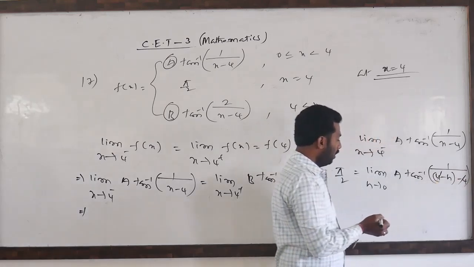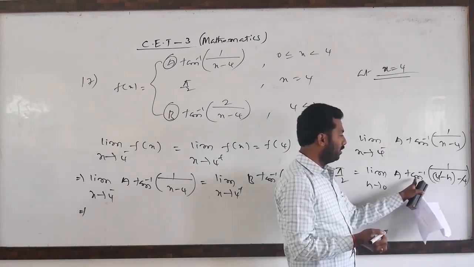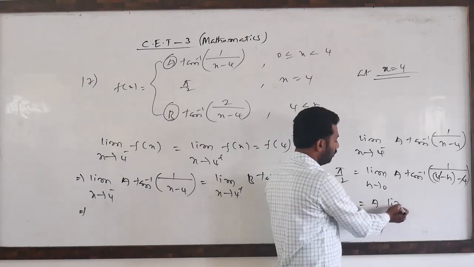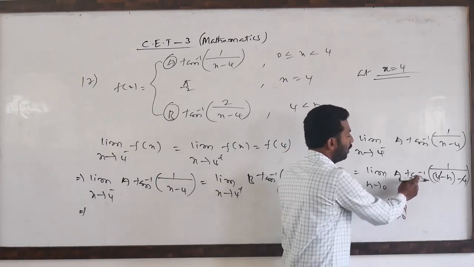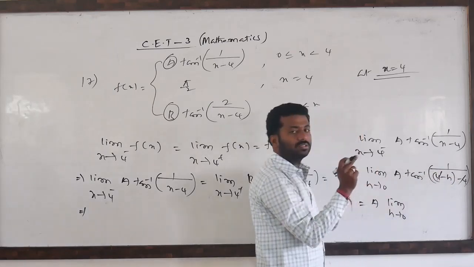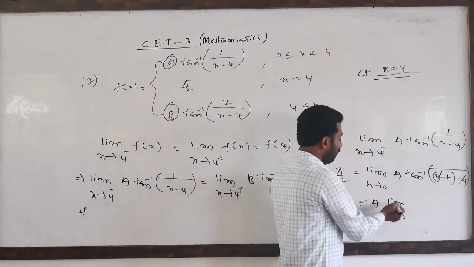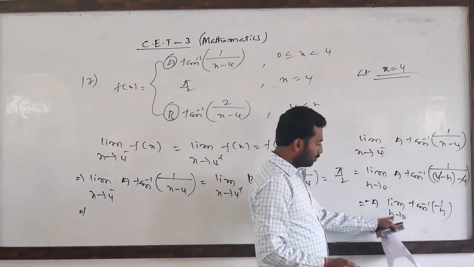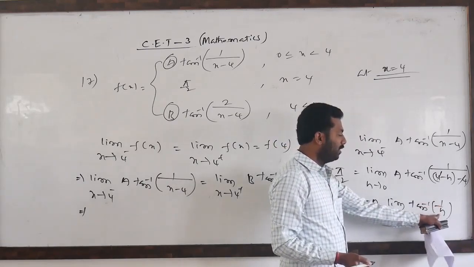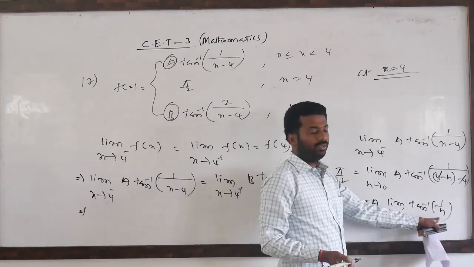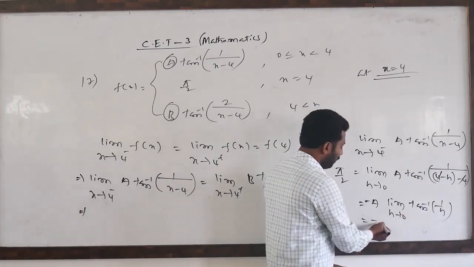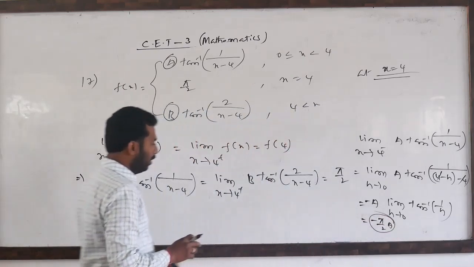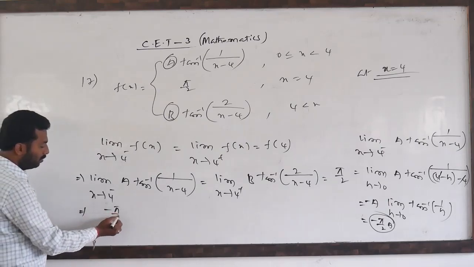If we are substituting h equal to 0, actually this is tan inverse of, again you observe, a is constant. So from this, limit h tends to 0, tan inverse of 1 by minus h, tan inverse of minus 1 by h, again minus tan inverse of 1 divided by h. So if you are substituting 0, this is 1 by 0, means infinite, tan inverse of infinite means pi by 2. So this is minus pi by 2 into a. You observe, minus pi by 2 into a.